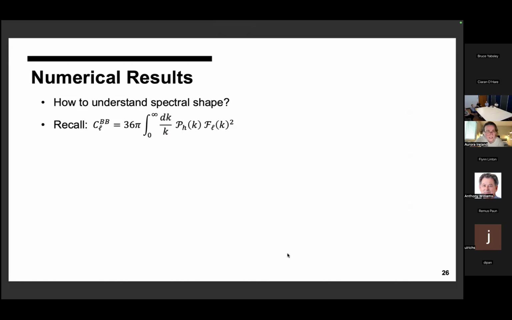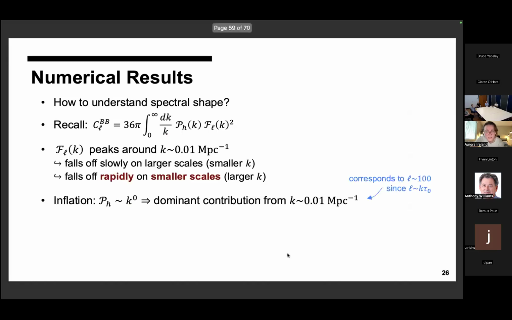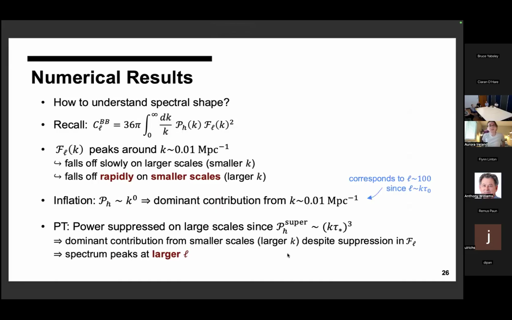Right. I think I've talked about this, but maybe I'll go ahead and just explain again how to explain the spectral shape. So it's this competition between P sub H, which is peaked on some particular scales and falls off in the subhorizon and superhorizon regimes, and then this F of L squared, which